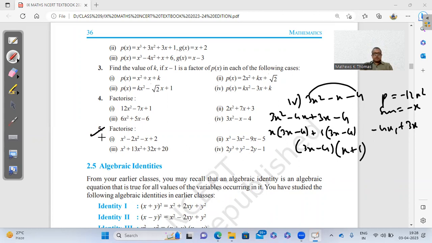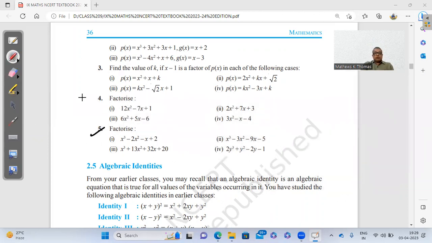Now we come to question number 5. Again, important. So here, this factorization is cubic, x cube minus 2x squared minus x plus 2, this is the first part of question 5. In this question, the coefficient here is 1, here the coefficient is negative 2, here it is minus 1, and here it is 2. There is a series here, 1, 2, 1, 2. So whenever there is a series like this, 1, 2, 1, 2, 1, 3, 1, 3, 2, 3, 2, 3, like that,